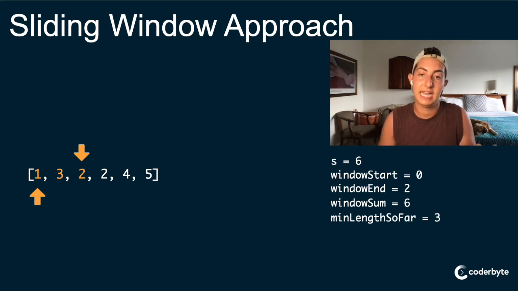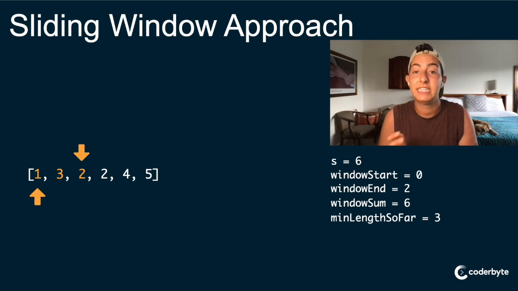And that's how we can tell, okay, so we've gotten equal to or greater than S, but now let's see, can we actually start to shrink the window and still have something greater than or equal to S? And that is how you can account for if you've overshot your goal. In this example, we have 6 and 6, so obviously shrinking the window is going to immediately make it too